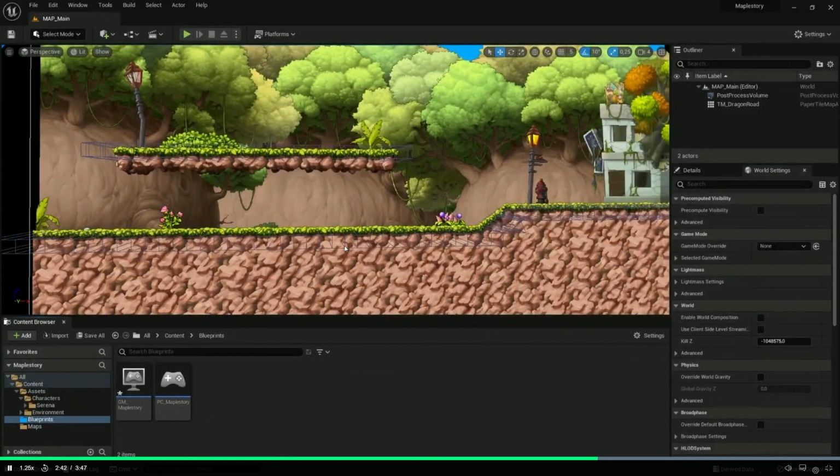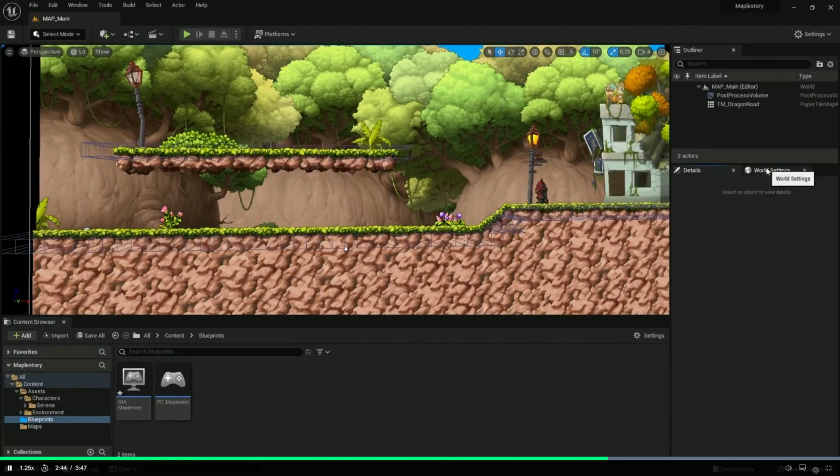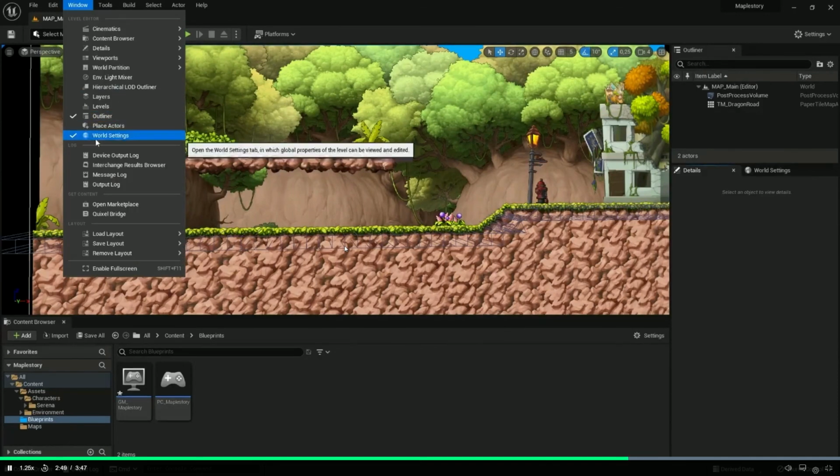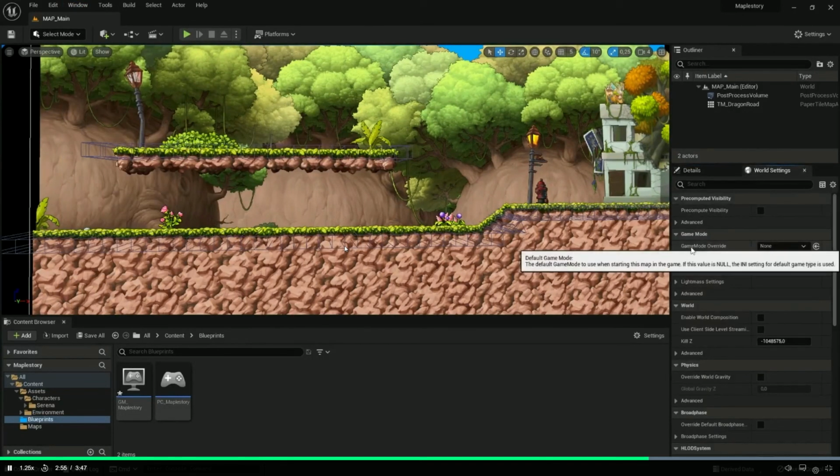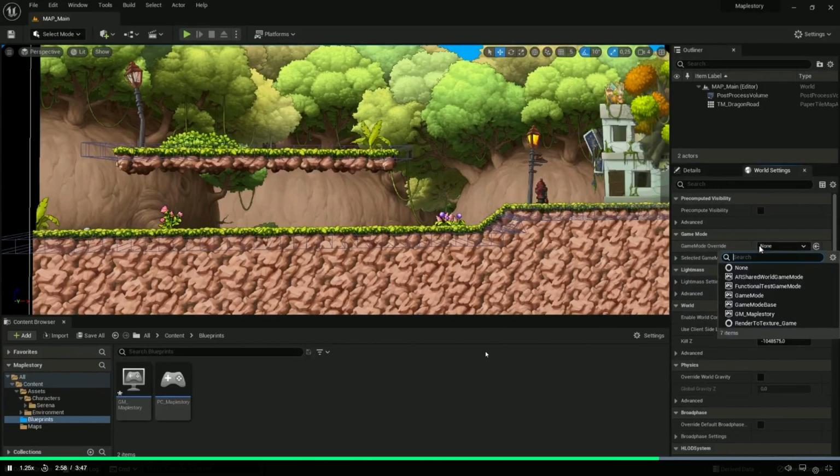Now, inside of this map you are in, you also have to remember to go to the world settings. So if you don't have this world settings open, you can click on window, and then you can click on this one called world settings to open the window. But here in the world settings, you also have to remember to change this game mode override. So clicking here,